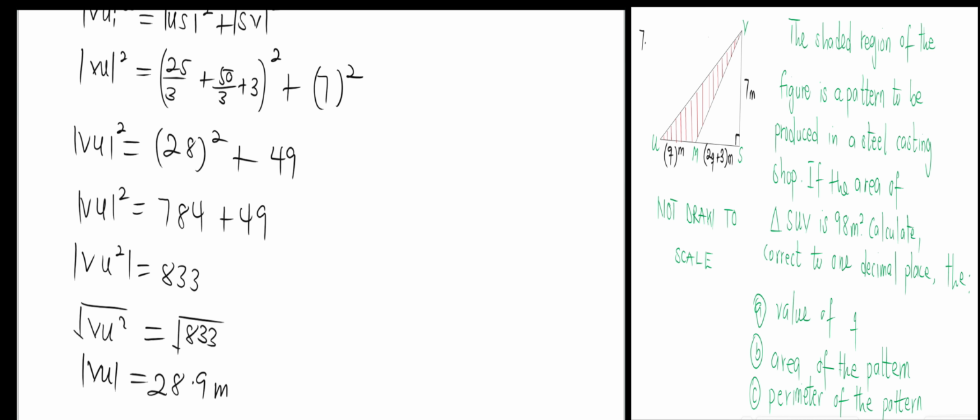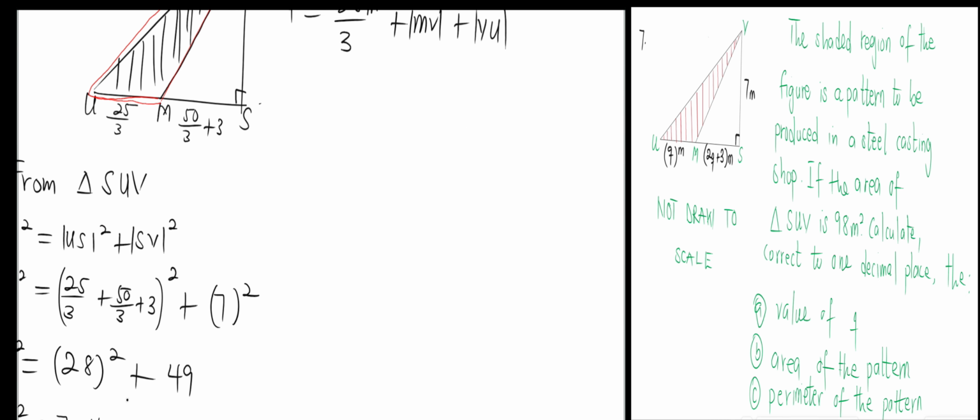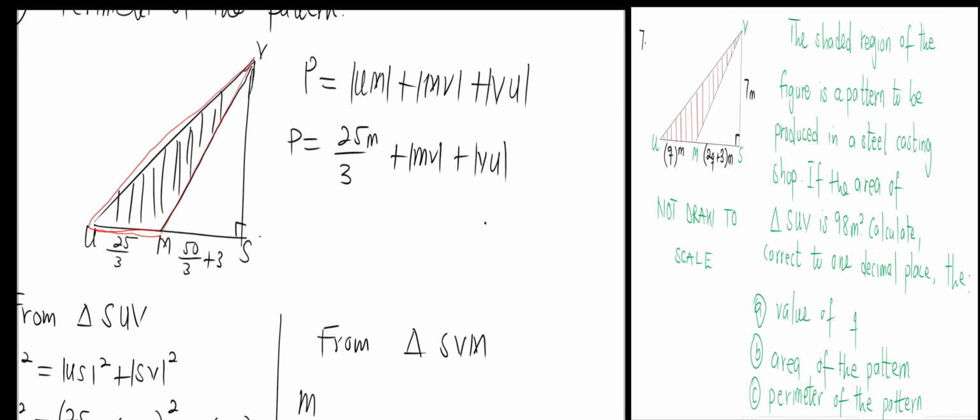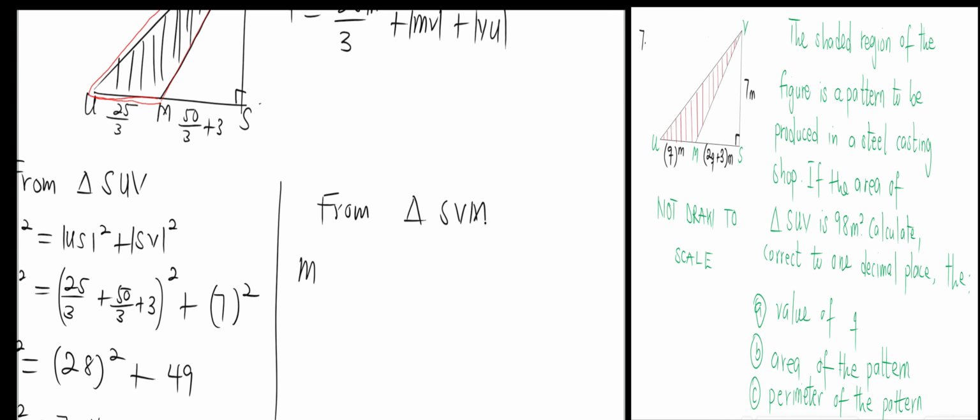All right, let us now work on our MV. Okay, so we are going to use triangle SVM. So from triangle SVM, our MV becomes the hypotenuse. Let's look at it carefully. So you could say that from triangle SVM, MV is the hypotenuse, so the hypotenuse squared will be equal to